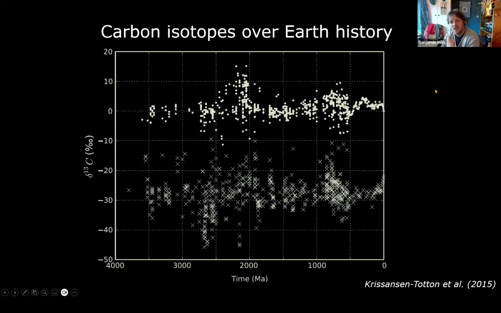Carbon isotopes do not go up, right? They're famously invariant. If we look at delta 13C of carbonates here and delta 13C of organic matter, they tend to hover around the same value for all of Earth history. This is, of course, part of a famous paradox of why is this not changing if so many other things are.